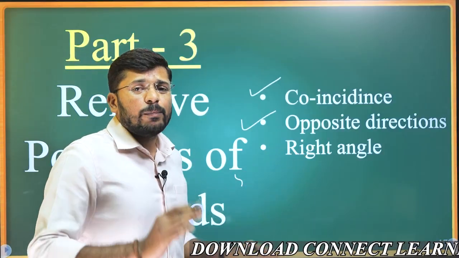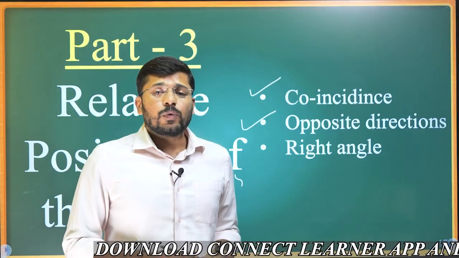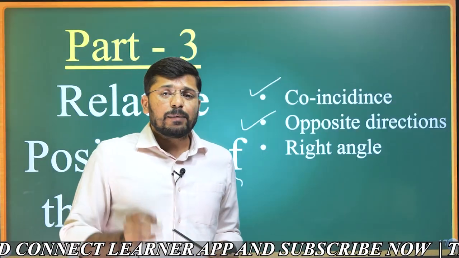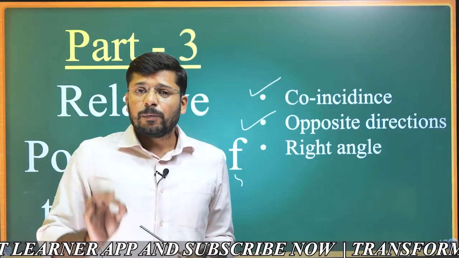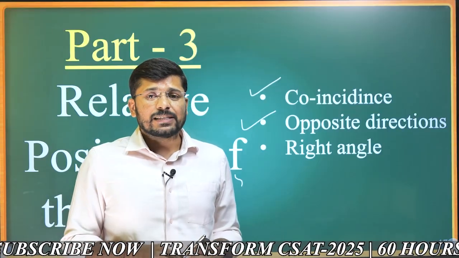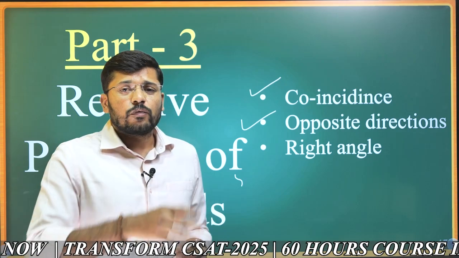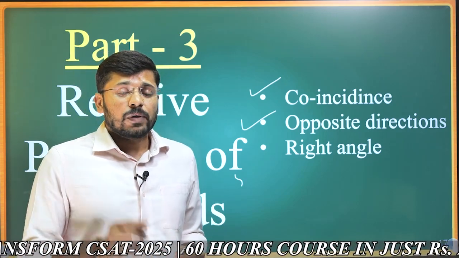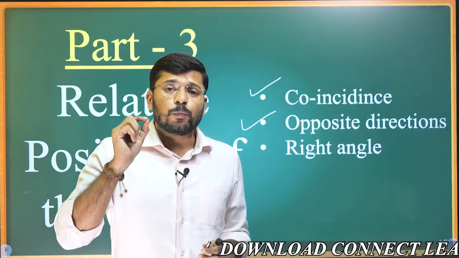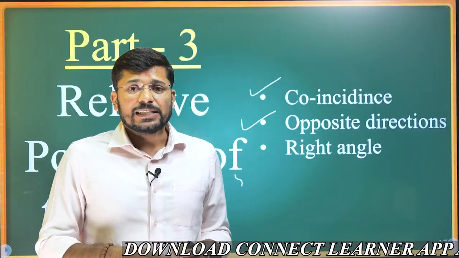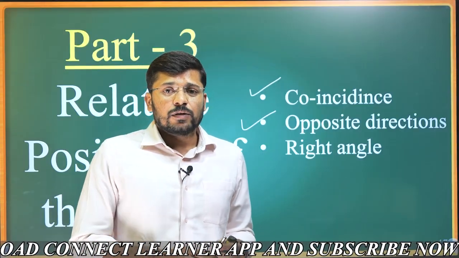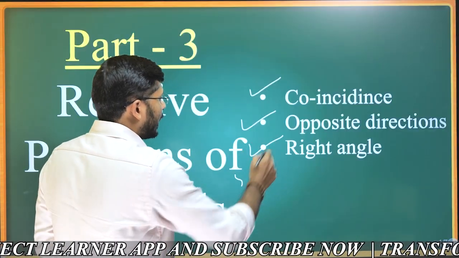When the hour hand and minute hand form a perfect L shape, or when the angle between them is 90 degrees, for example at 3 o'clock, the hour hand will be pointing at 3 and the minute hand at 12. Then they form a perfect L shape, and the angle between them is 90 degrees. Another example is 9 o'clock. The hour hand would be pointing at 9 and the minute hand at 12. Then also they make a perfect L shape. Even though it is an inverted or twisted L, they form 90 degrees. Such an angle we call a right angle.